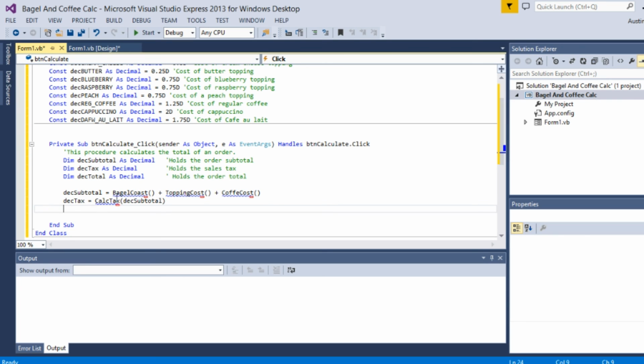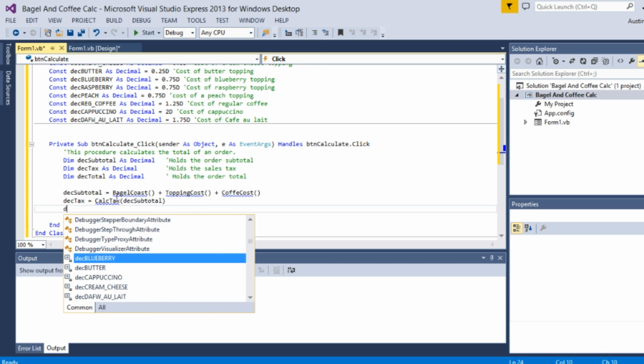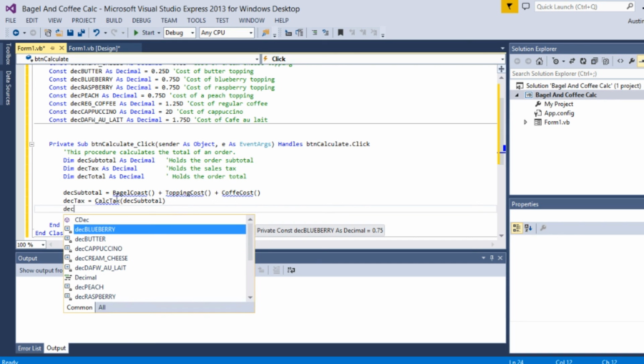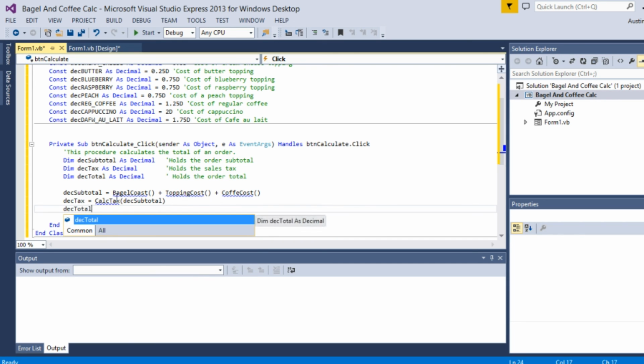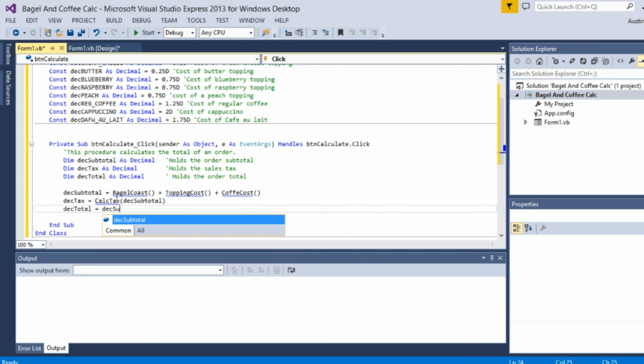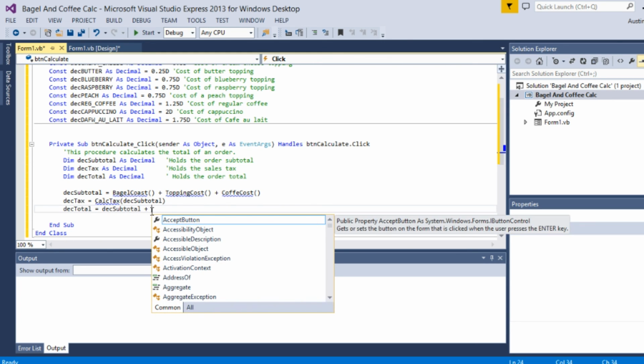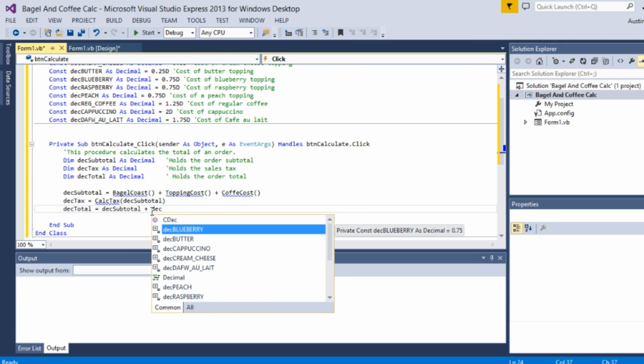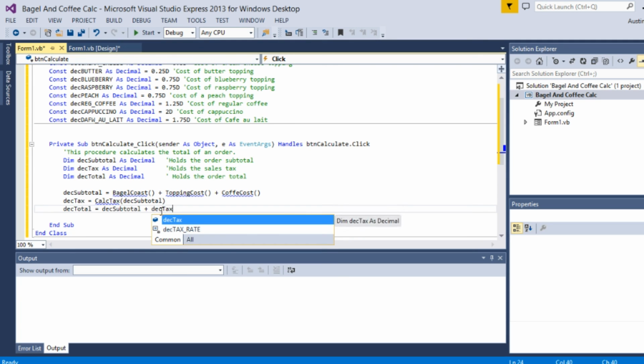Inside here, we're going to do dec total equals dec subtotal plus dec tax,